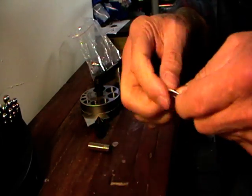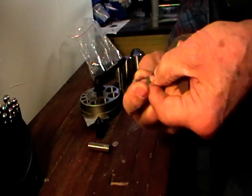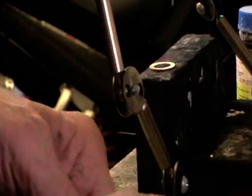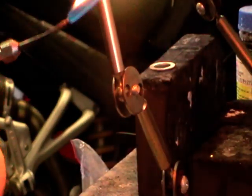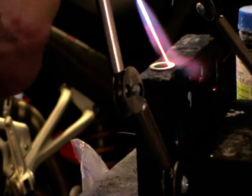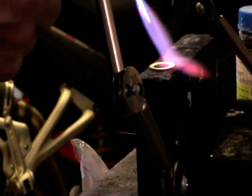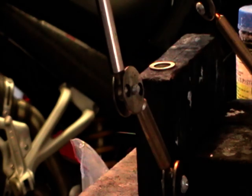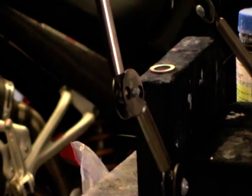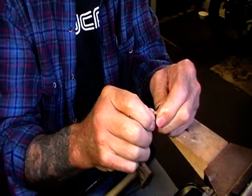Now this is 1 mil thick and we're going to anneal this now so we can form it. I just placed it on a charcoal block. Heat it to a dull red. Quench it, and then we'll form it. So dry your metal, and then we'll form this